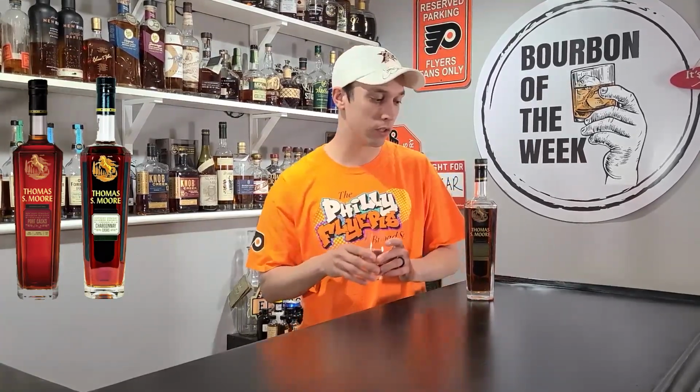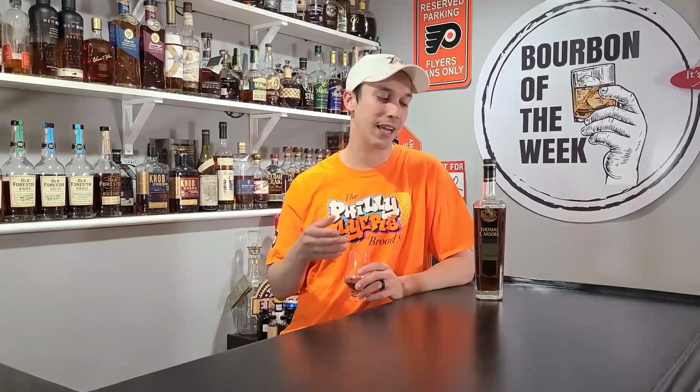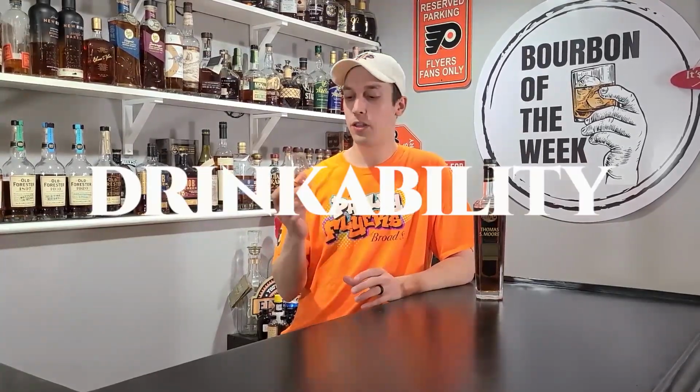But this is basically the same mash bill, which is an undisclosed mash bill, somewhere in that 15 to 20% rye range. But it's the same mash bill, and then they finish it in these wine barrels. They have three different wine barrels, the port, Chardonnay, and then, I'm going to try again, Cabernet Sauvignon, whatever it's called. We're just going to call it wine barrels from now on. They finish it in the wine barrels, which gives you a whole different tasting experience that we're going to get to in taste. But this is 95.3 proof, and the drinkability on this is where we're going to start,